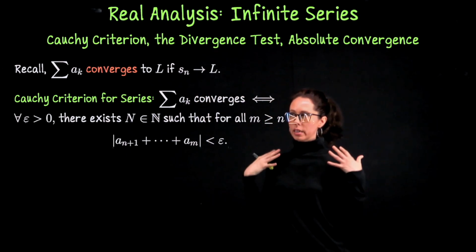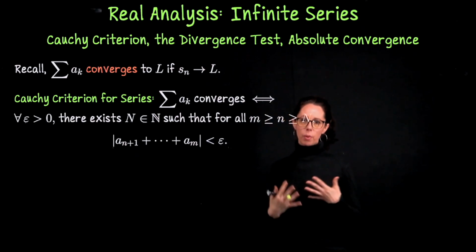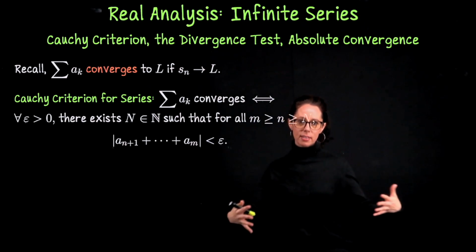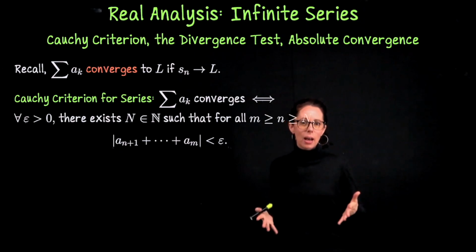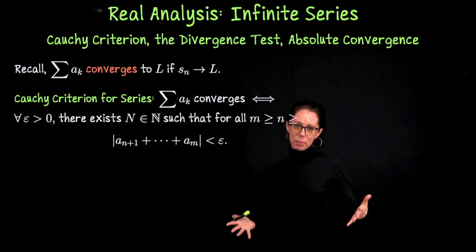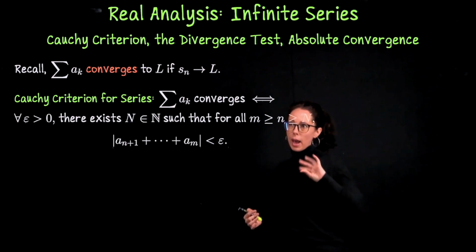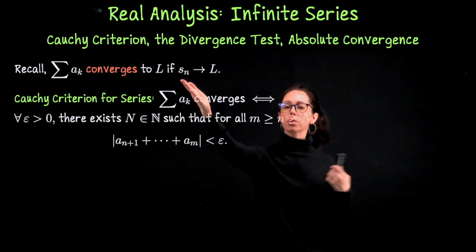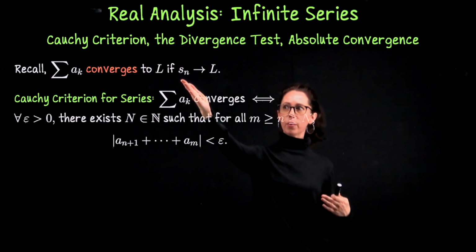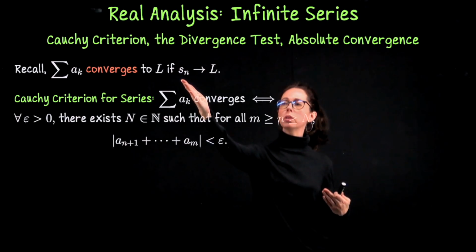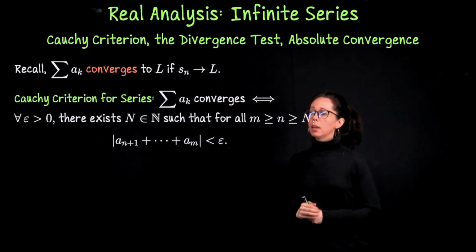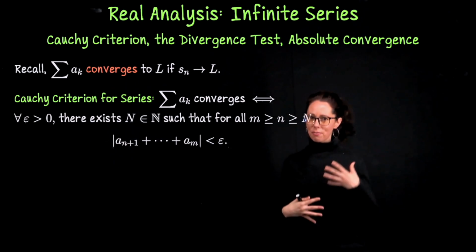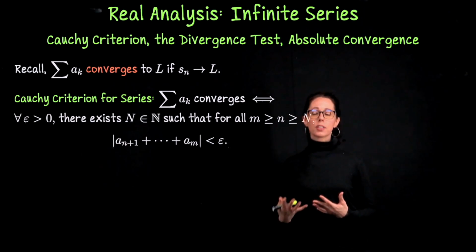So that's our key perspective here: when we're talking about an infinite series, we're trying to add up infinitely many terms, but you cannot sit there and add up an infinite list of numbers. But when we pass to the associated sequence of partial sums, can we look at that sequence, apply our sequence tools, and conclude that that sequence converges? So sticking with this idea that from the sequence of partial sums, we get knowledge of the series,